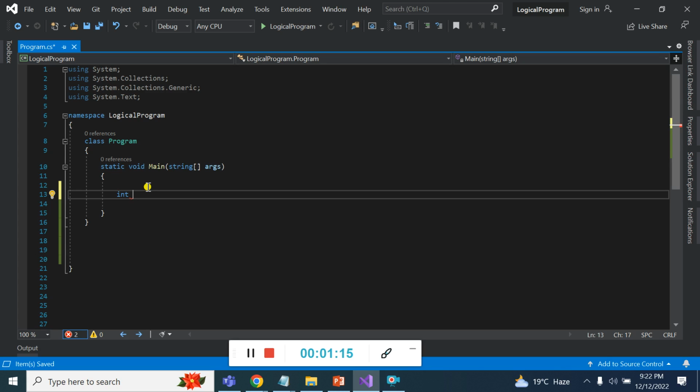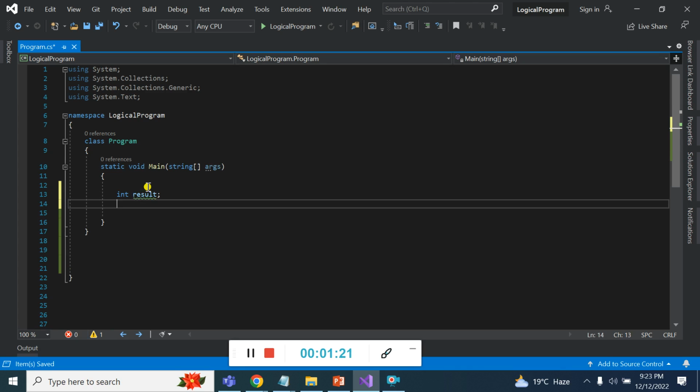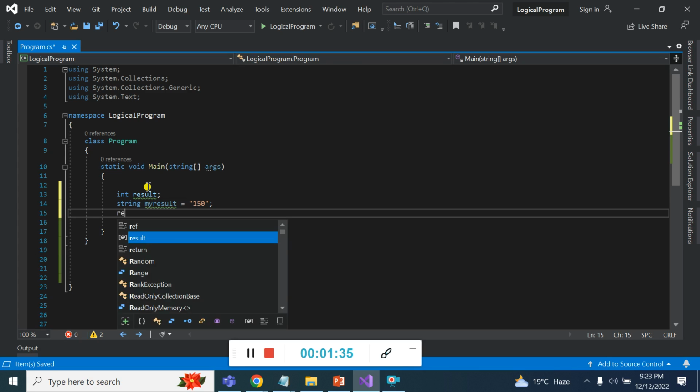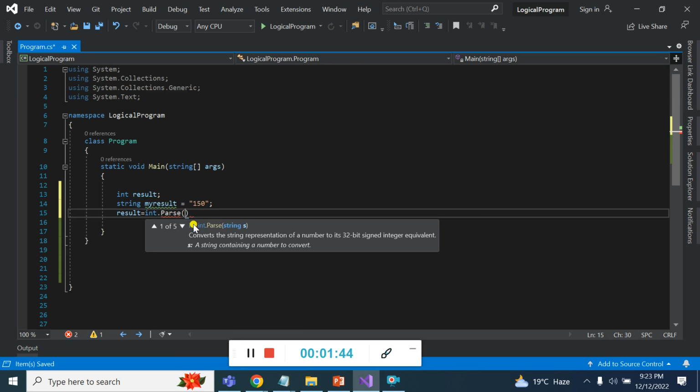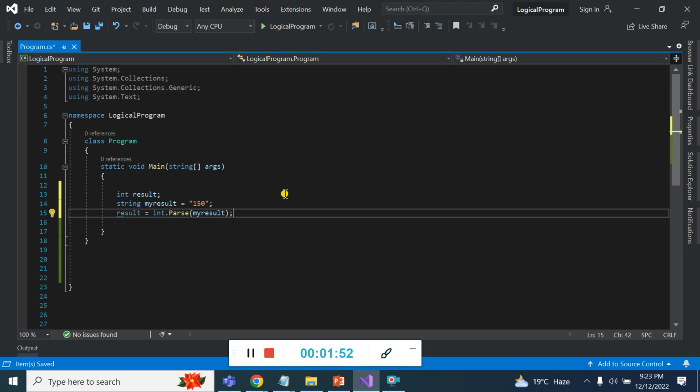I create an integer variable result, and after that I create my result string type and store the value 150 in it. So int.Parse, and you can pass the string value my result. I need to pass that particular string, so I pass my result as the parameter.